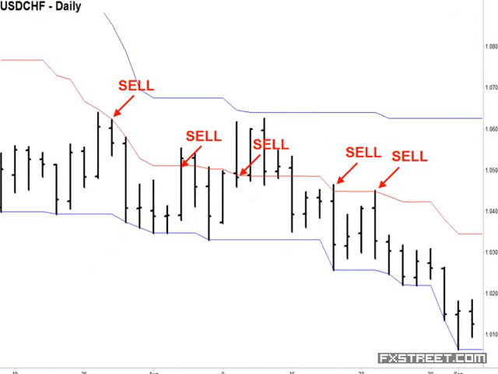Here's aggressive entry to the downside in the Swiss franc. Okay, all three Donchian channels are headed lower in a stair-step direction. And if you're an aggressive trader, you're simply waiting for price to bounce and touch that midline, and that's where you enter, either at the market or you could place a limit right there.